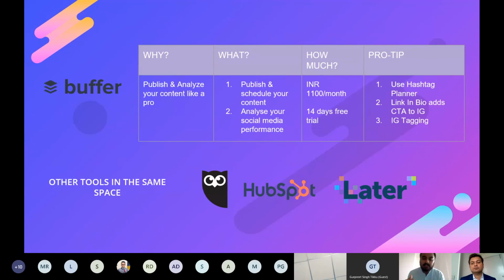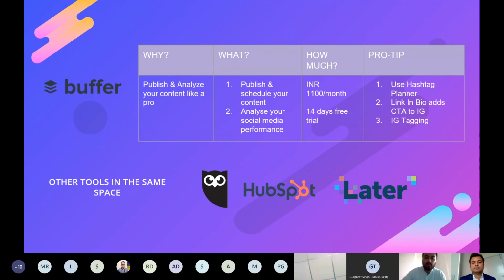it starts mimicking your Instagram page. And if you click on any of the posts, you can have a CTA link attached to it. So it's again a tool which helps you make more CTAs on Instagram, which is a wonderful functionality that I absolutely love. And then the Instagram tagging, that you can tag products also. Like let's say you have certain food items in your photo, you can tag that, and people can probably go onto another website and complete the entire journey.